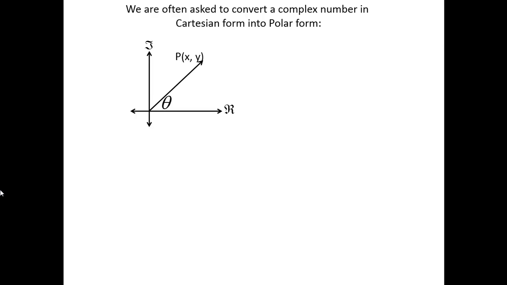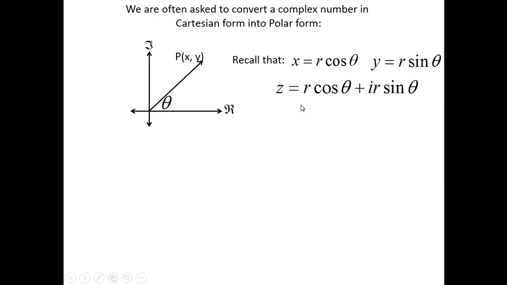One thing we're going to spend some time on in this unit, when we get into solving equations, we're really going to need this: converting a complex number from Cartesian form into polar form. This x plus iy that we've been dealing with, that's the Cartesian form of a complex number. So to convert it to polar form, we're going to use these two rules. Remember that x is r cosine theta, y is r sine theta. If that's the case, then z could be expressed as x plus iy, or r cosine theta plus i times r sine theta. If we factor the r out,